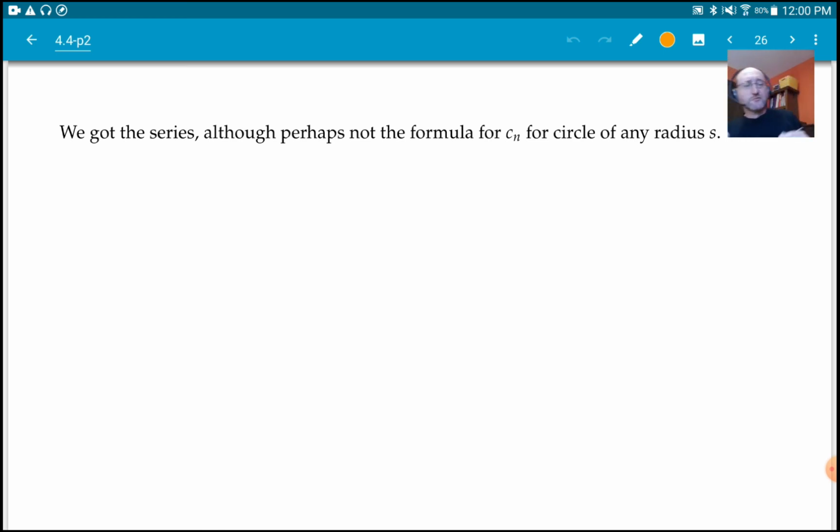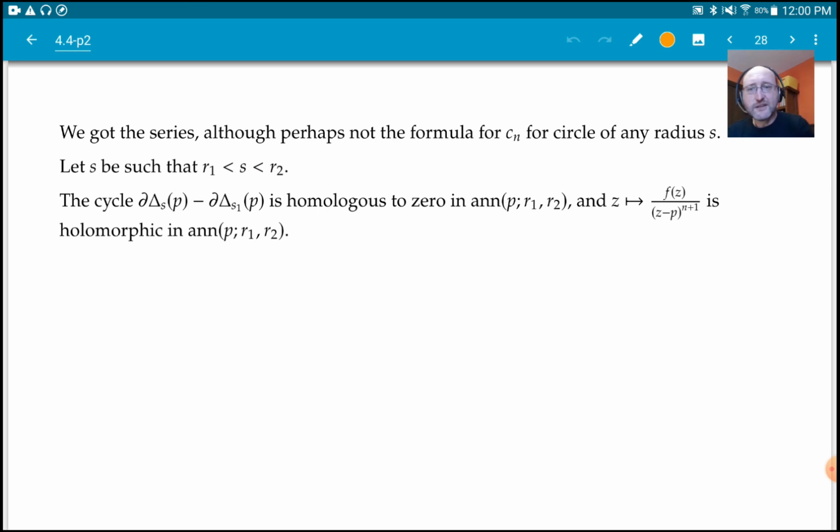All right. So we have the series, right? But we didn't quite get the formula for Cn for any radius S. I mean, we got it for the positive ones we used S2. For the negative ones we used S1, right? So let S be anything whatsoever in between R1 and R2, any number, right? So let's look at a circle of radius S. Now, if we look at this cycle, again, just like before, this is homologous to 0, right? I'm adding a circle and subtracting a circle, right? And so that's going to be, again,